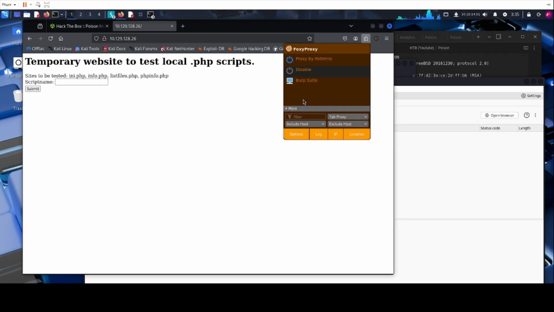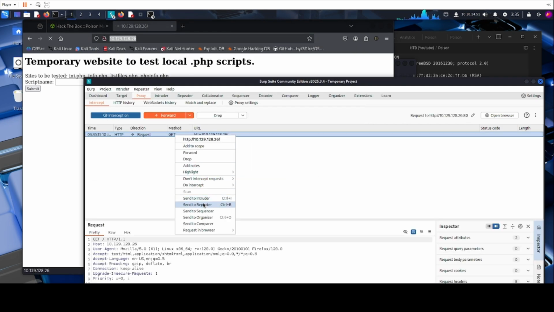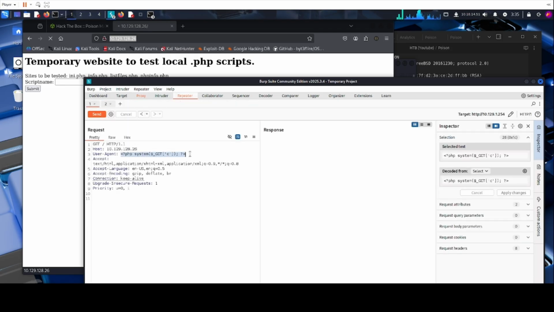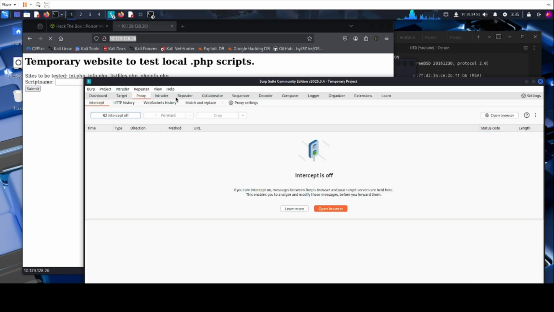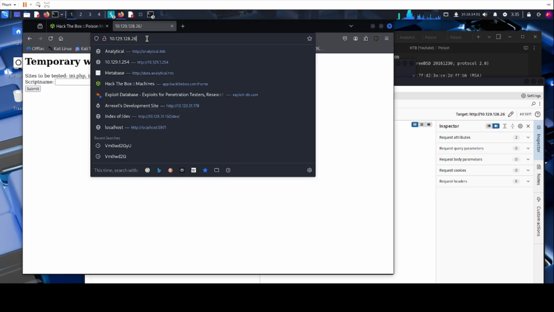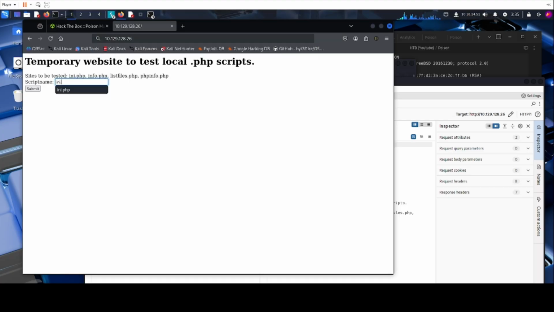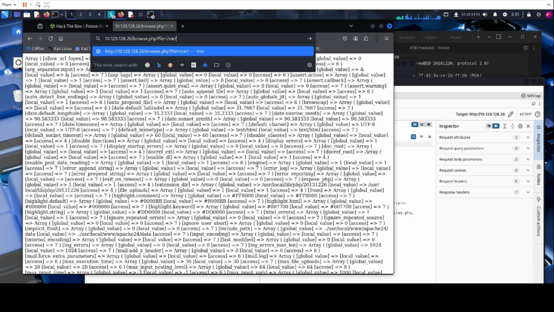And send to Repeater and copy and paste and turn off this and send and search this and r